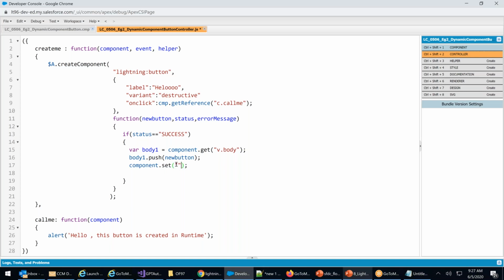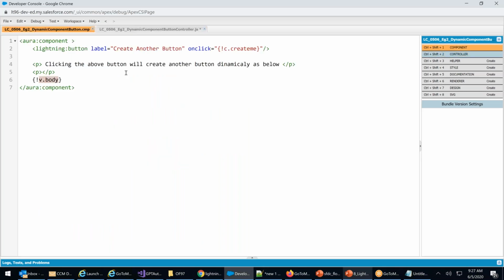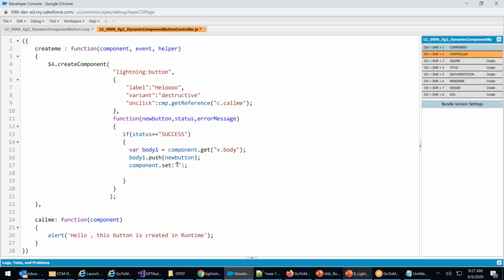I have to set this v dot body with body one. I'm setting it to body one. That's it. My component creation is over.